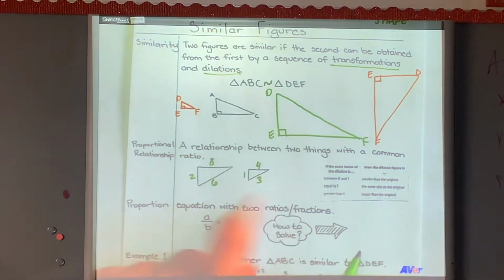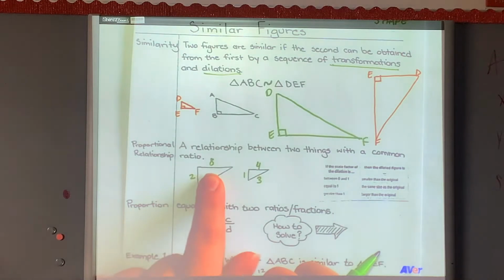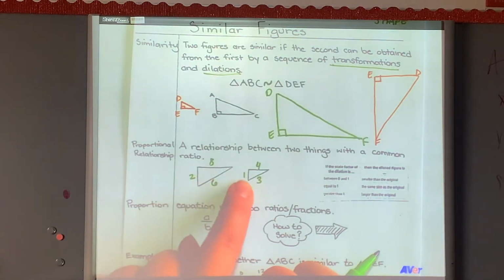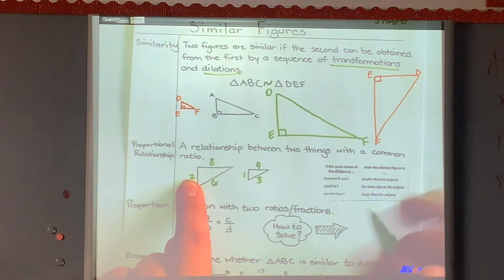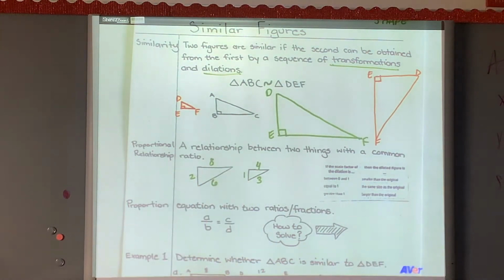However, if we were going from this triangle to create this triangle, we would be jumping up by 2. So 4 times 2 is 8, 3 times 2 is 6, and 1 times 2 is 2. So it really depends on which way you're going, but we will be,